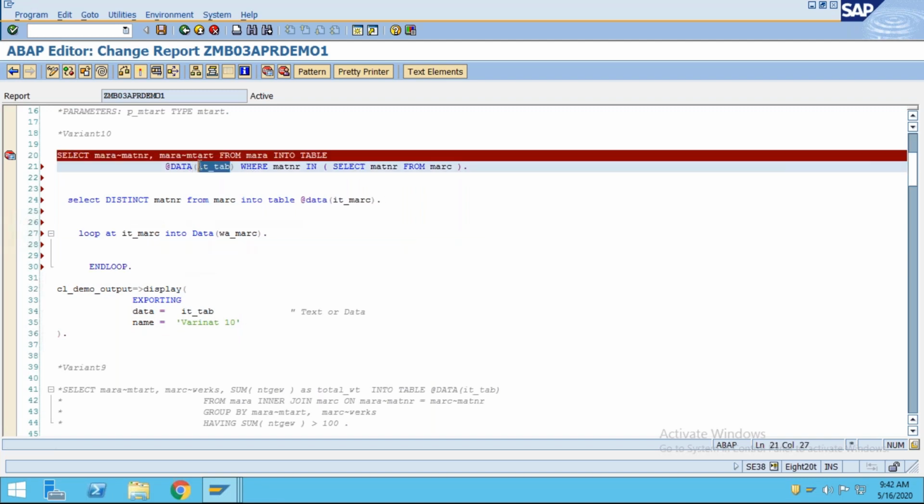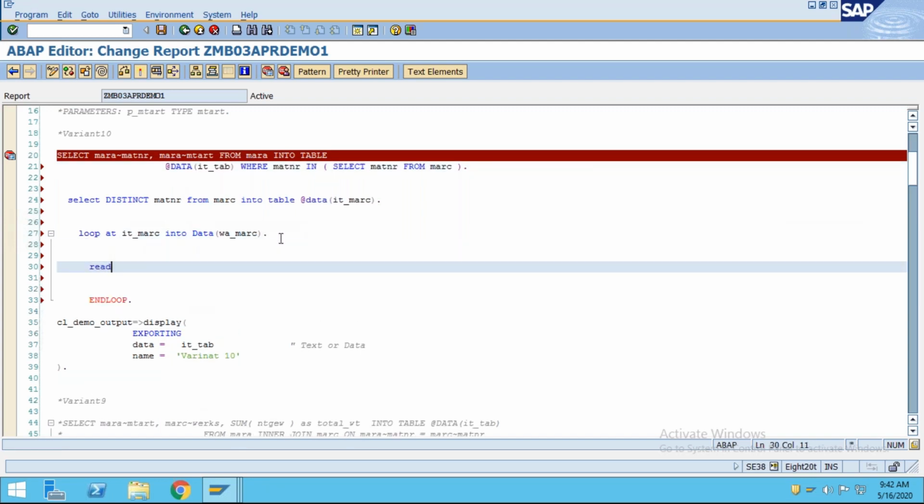I will just read it_tab. Actually, you have to give the table over here: read table it_tab into a work area. At runtime itself, I'm just going to use the work area directly with key matnr equal to wa_marc-matnr.